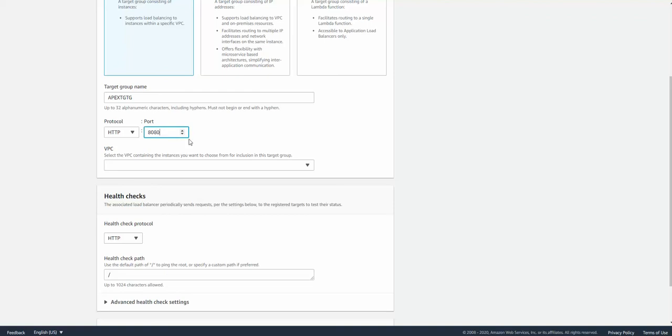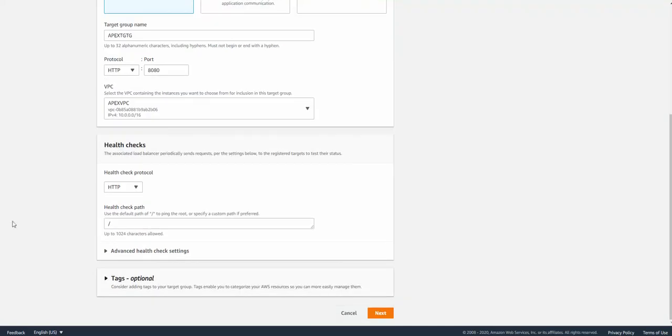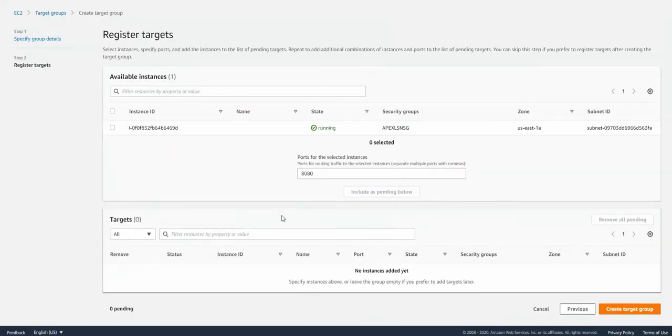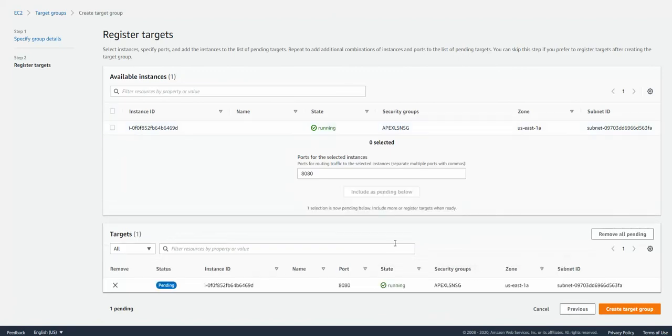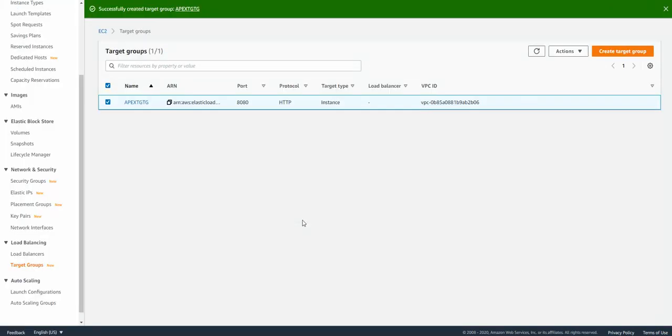If you remember, that's what we provisioned: the ORDS instance is listening on 8080. So that's what we are going to select, and the VPC is the default one. Health check protocol HTTP is fine. Go to next, and there is one available instance here, so we're going to pick that one and include it as pending below, and then let's go ahead and create the target group.